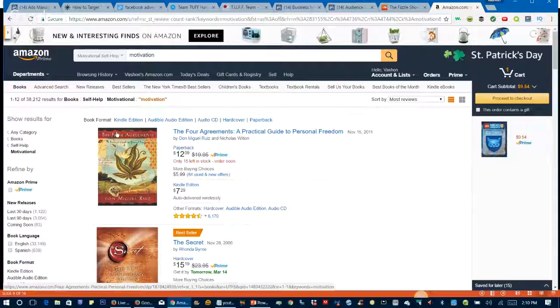I love this book. I don't know if you've read this one, Brigitte, The 4 Agreements. It's been around for a while, but wow, what a powerful book. He has another one out too. I think it's called The 5th Agreement. I haven't read that one yet though. Anyhow, so you might check out Don Miguel Ruiz, and you could target him specifically, or you could target this book, The 4 Agreements, when you are picking a niche.